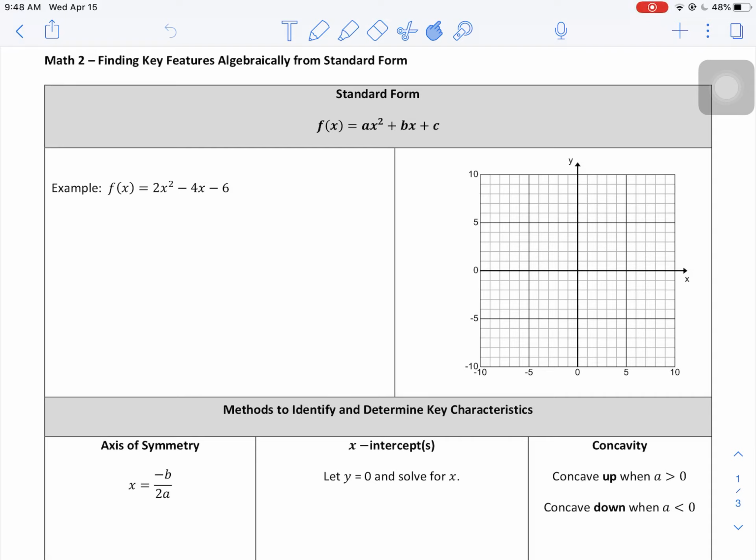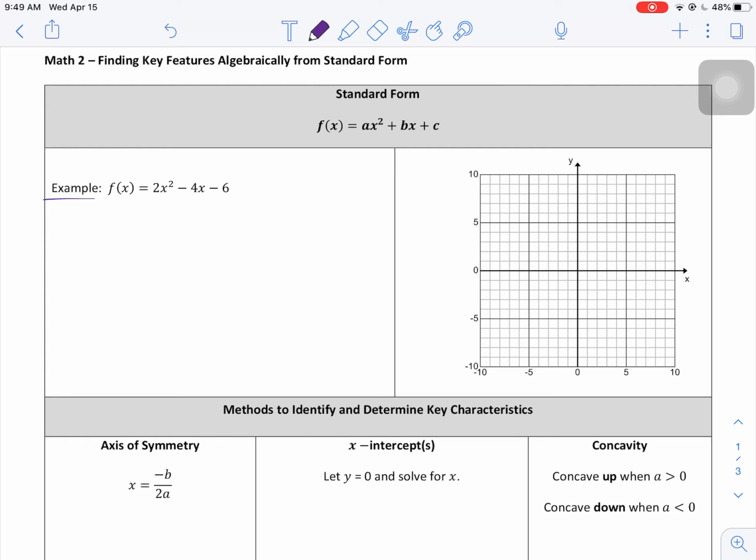Math 2, finding key features algebraically from standard form. Standard form is f of x equals ax squared plus bx plus c. So we're going to step through how to find all of the key features algebraically from that form. Let's start off by identifying the a, b, and c values from this example that we're going to work with